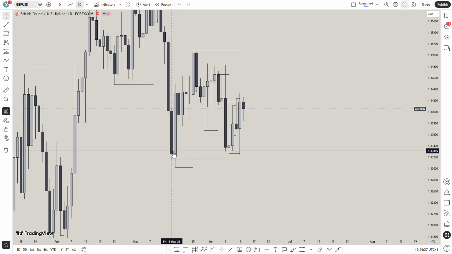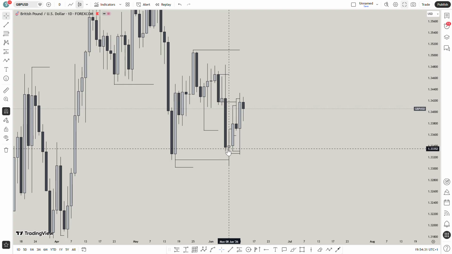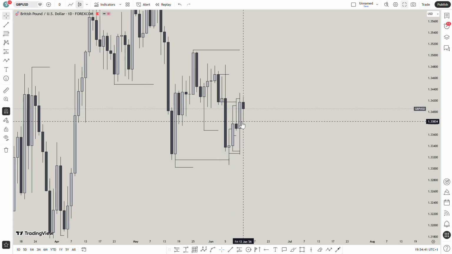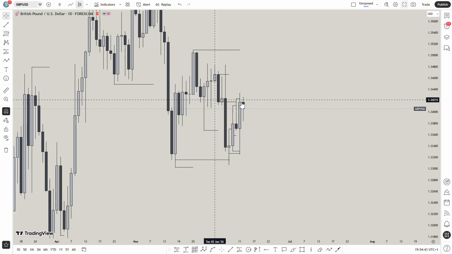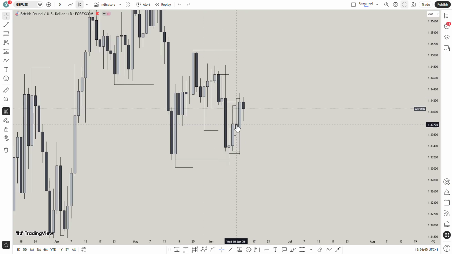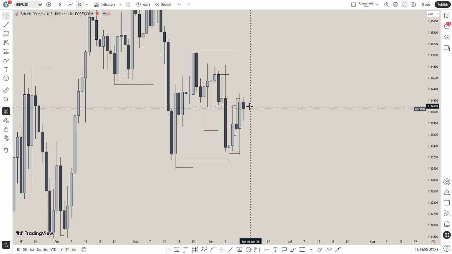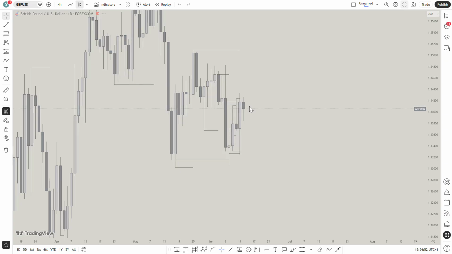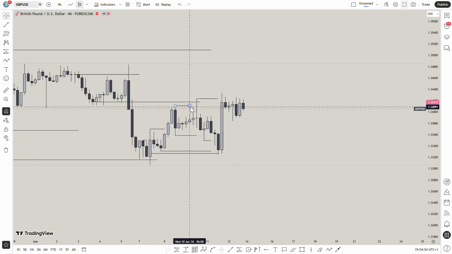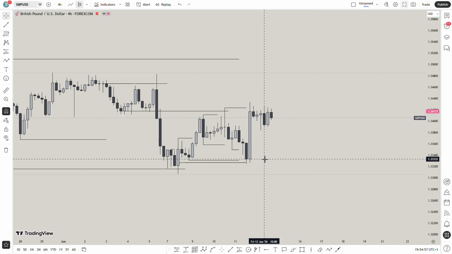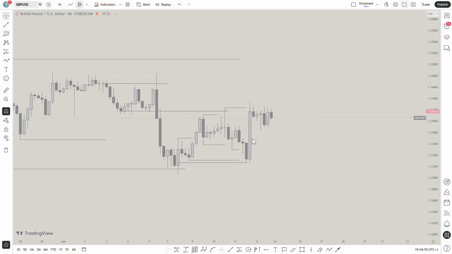The same thing we want to see when we have a daily rejection from a daily key level: we want to see a breakout, and then we want to see our entry model on the lower time frame for us to take the trade. So now we had the sweep of this daily high, then the tapping into a daily key level, and then a rejection, and we closed below. Now I want to go to our lower time frame, like the 4 hour, or let's go to the 1 hour so we can see